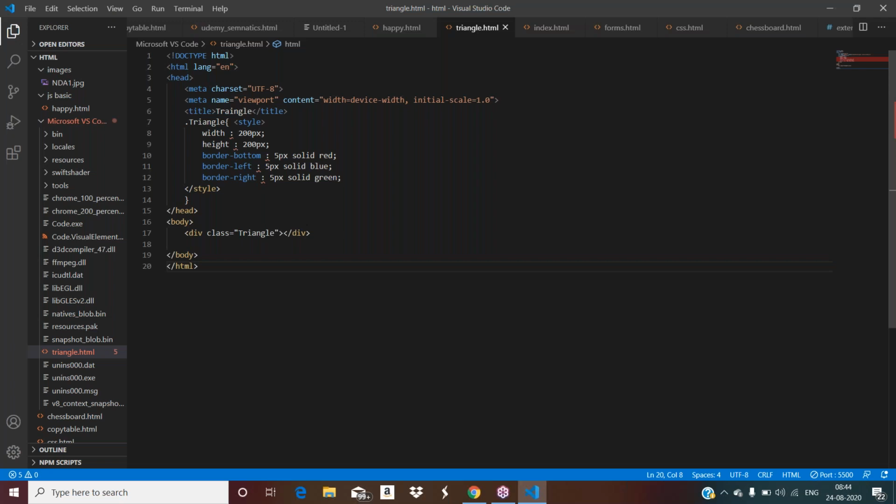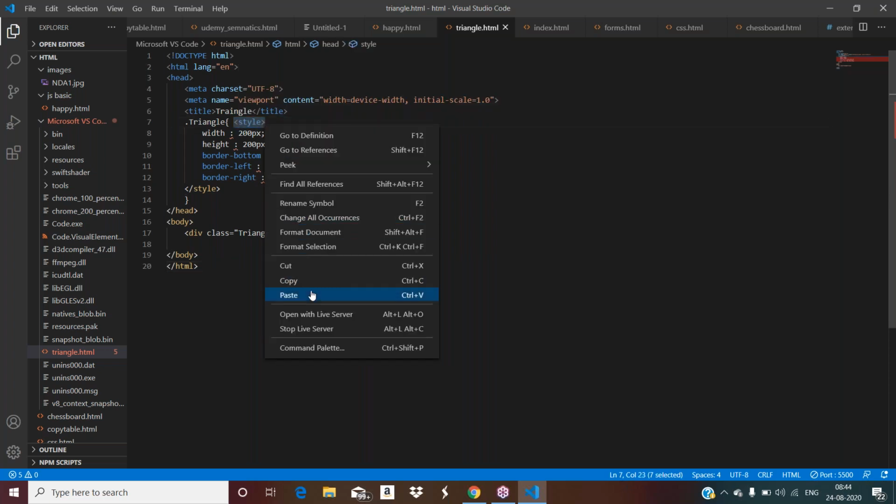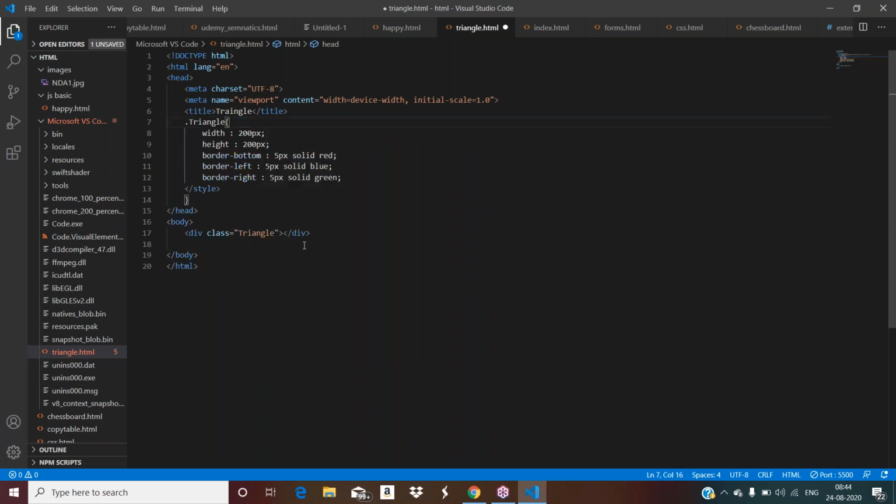Share your screen. There is a problem in the code. See where you need to put the style. You are putting a style in the triangle. That is wrong. Cut that style with Control X. Go to the end of line number 6, press enter exactly where the cursor is, and paste it with Control V. Remove that style ending.